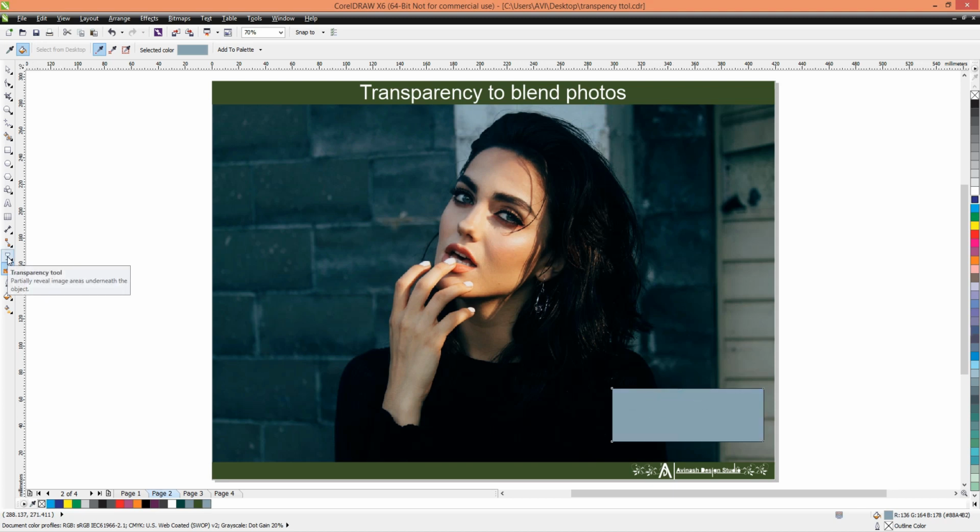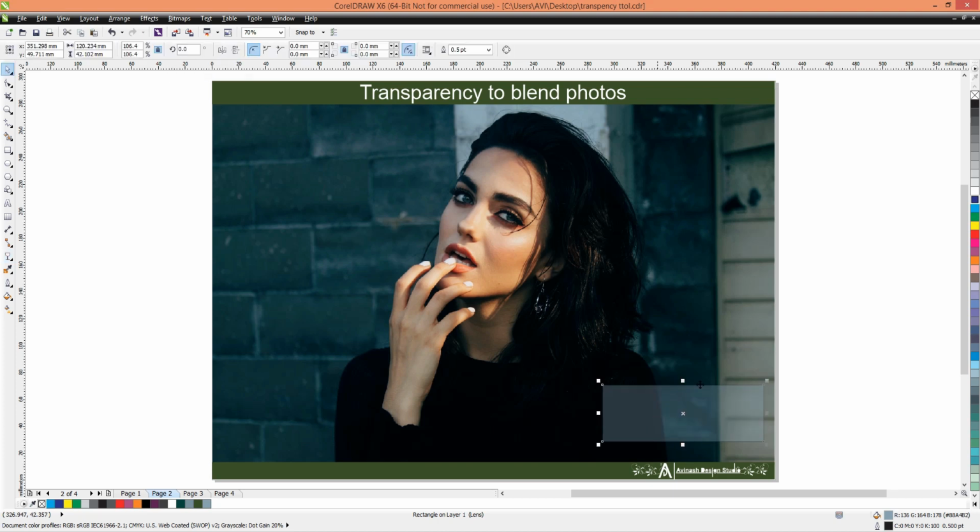Then go to the transparency tool. Here is the option for uniform transparency. We apply the uniform transparency, and if it differs a little, we can increase or decrease the opacity from here. Put no outline color, or you can place this in another place also, copy paste.